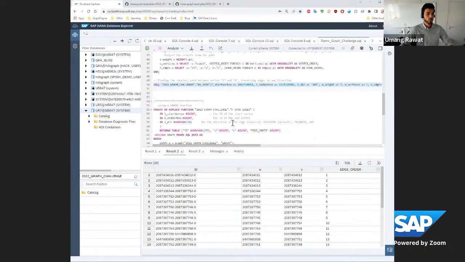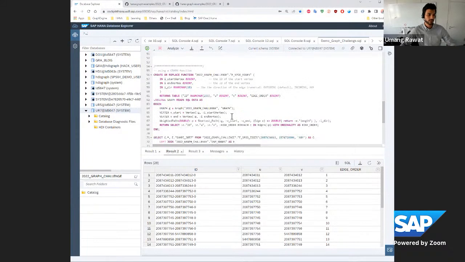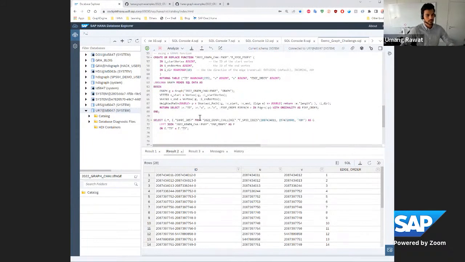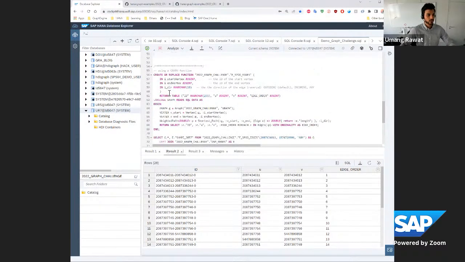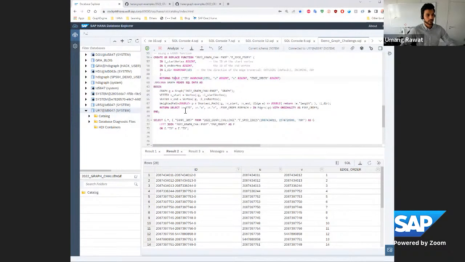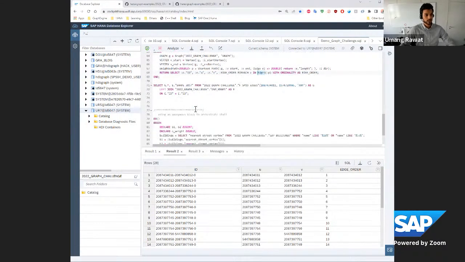Similarly, if you are familiar with the table function, then you can use the table function, which follows the same logic. It's just that you return a table here instead of an out parameter, and then we return this particular table, which is the data from the edge table from the edges of this path. And then